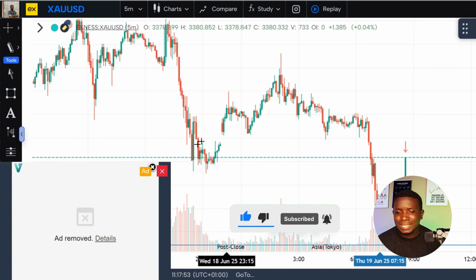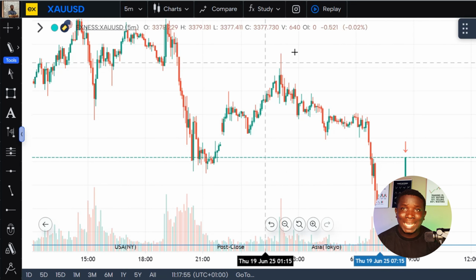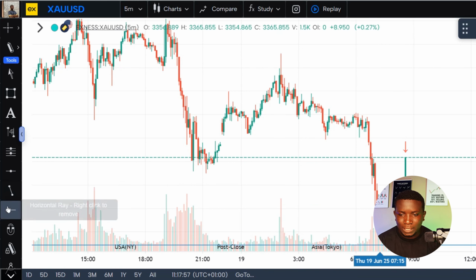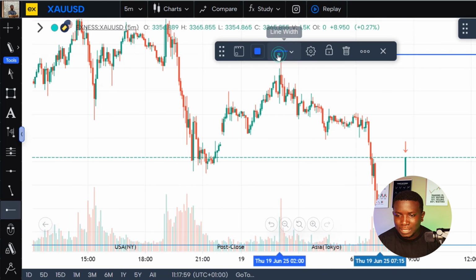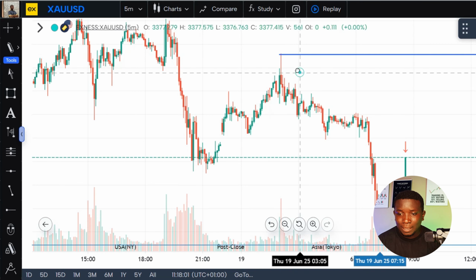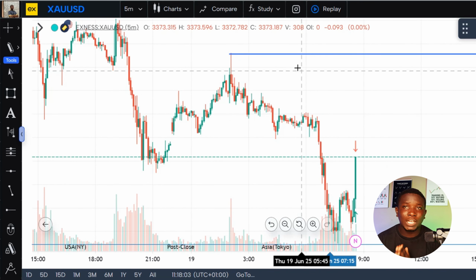So right now I could see a rejection shown on 19, which was this level right here. So I'm gonna have to tap this level right here. I could see that was a good rejection from the upside, and that is more likely to be the high of that day, okay? No decision yet, but it is more likely to be the high of that day.